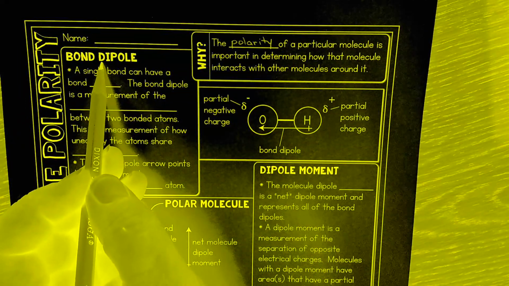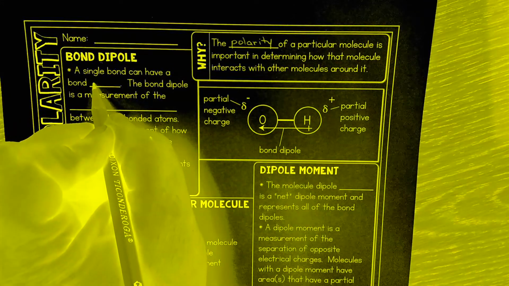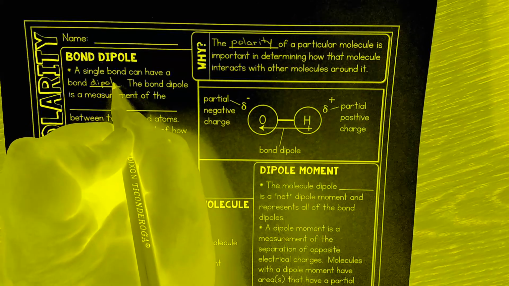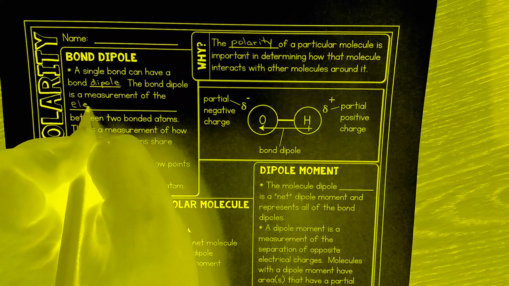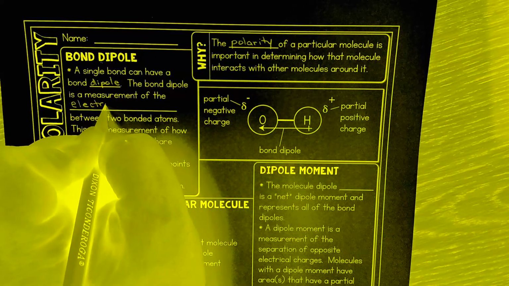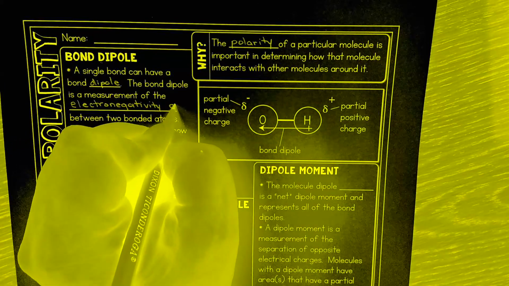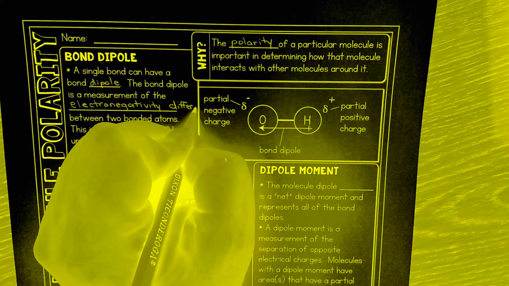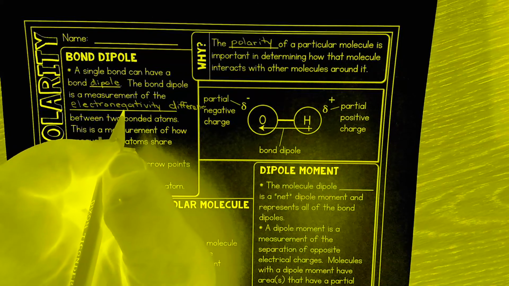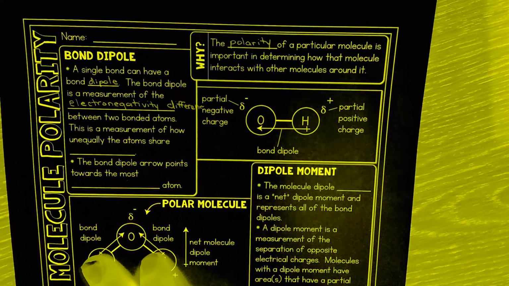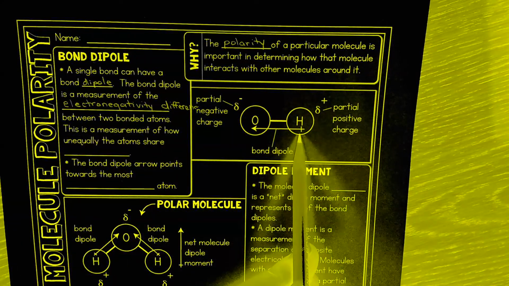The first is called a bond dipole. If we have a single bond, it can have what's called a bond dipole. The bond dipole is a measurement of the electronegativity difference between two atoms. Remember, electronegativity, we've defined it a couple of times. It is the ability of an atom to pull electrons to it. Okay, so that dipole is the measurement of